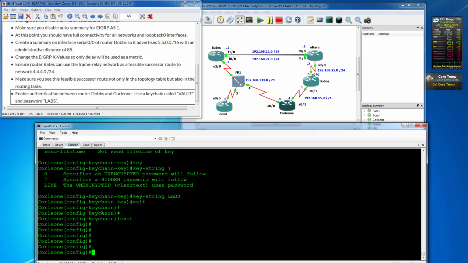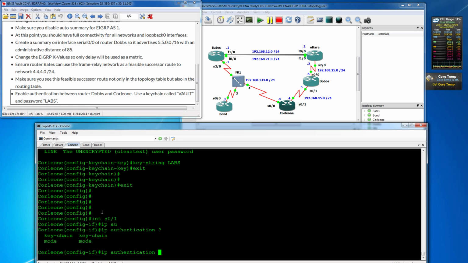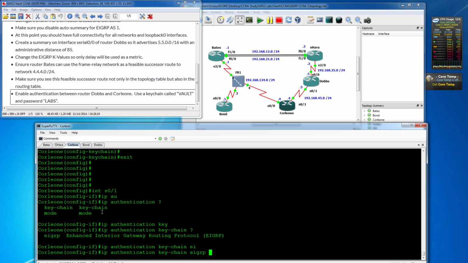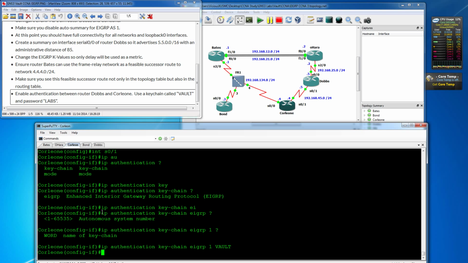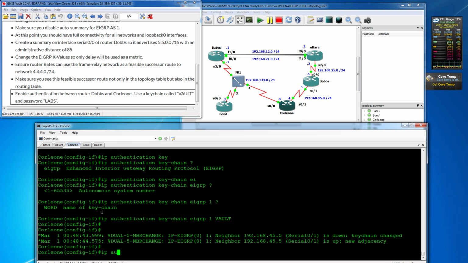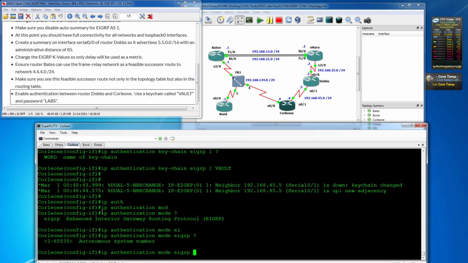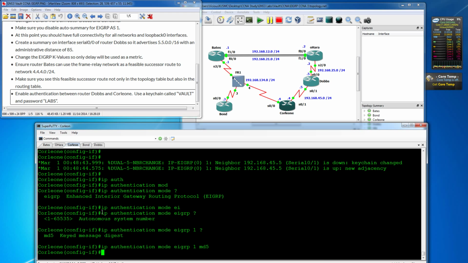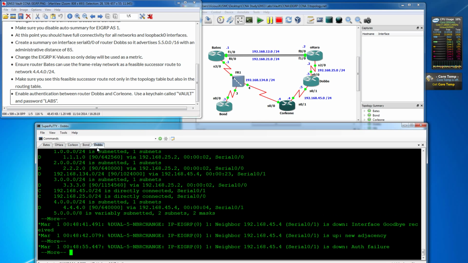Let's go into the interface serial 0/1. So IP authentication, we're going to do keychain and the name of EIGRP, autonomous system, and the name of that keychain is vault. Now also we want to do IP authentication mode EIGRP autonomous system 1 MD5. MD5 is much better than plain text. So there we go. That's going to break the communication, and the adjacency goes down until we do the same thing on Dobbs. So